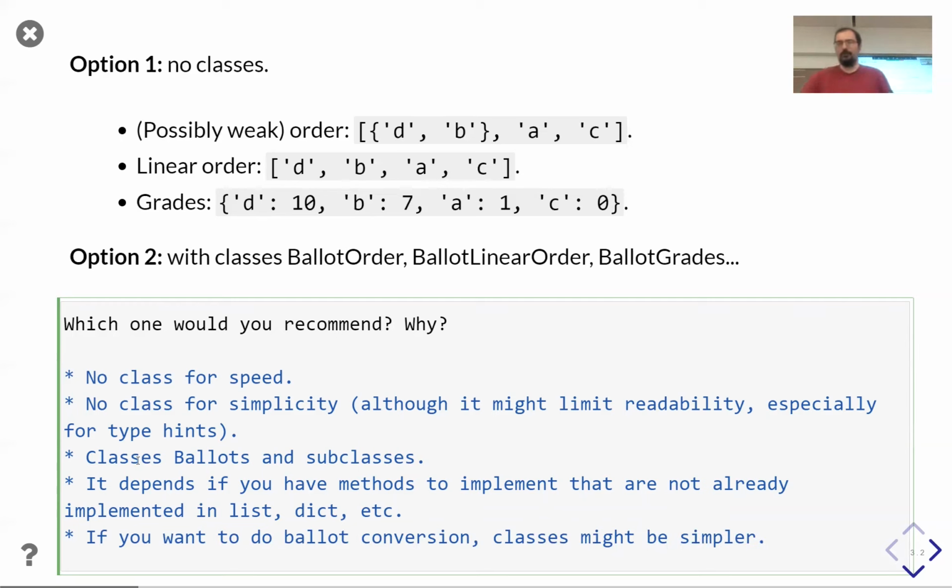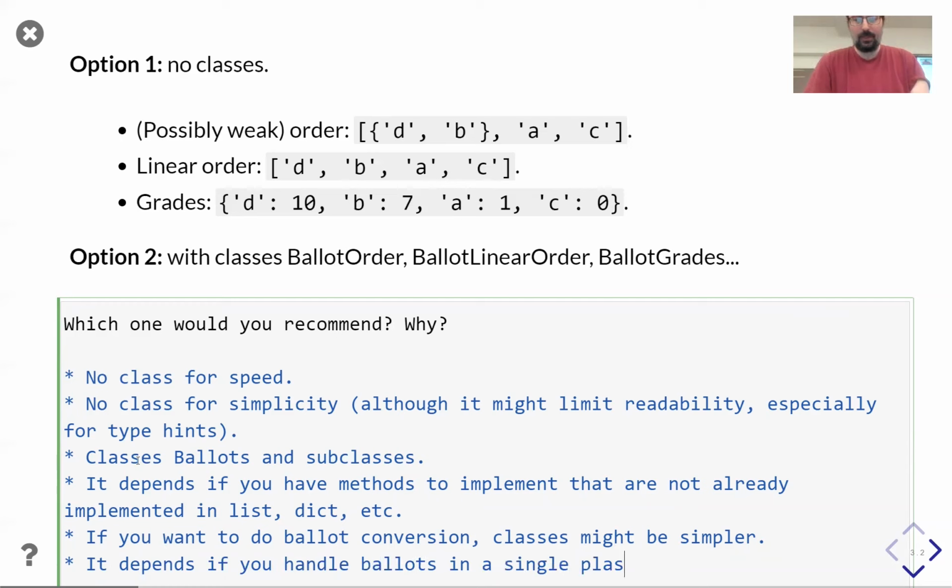Because if you know that there is one single point of handling the ballots, maybe it's better to use that single point. Yeah. Okay. If you handle ballots in a single place, of course, you're going to be sure that it will stay single.